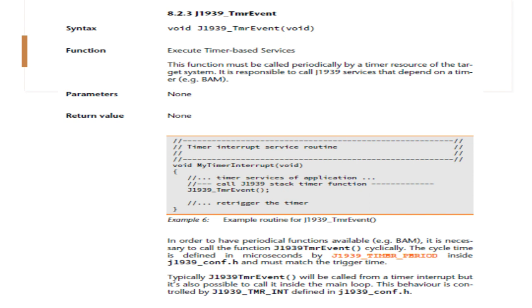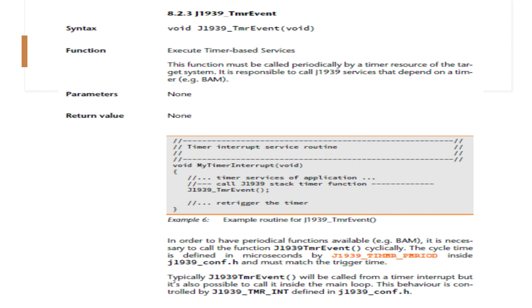It is necessary to call this event function cyclically. The cycle time is defined in microseconds by timer period inside conf.h.